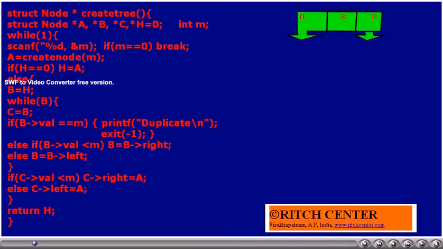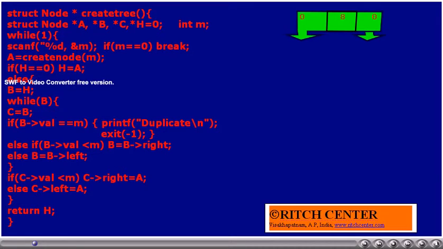So this problem is decomposed into the following steps. First, a while loop is written which will go on taking integers till we enter 0, and whenever a user enters an integer, that is read into the variable m, and a node is created, that is a tree type of node, by calling the create node function. For that function we will be sending the value of m, and whatever we get, that is assigned to the node type pointer variable a.